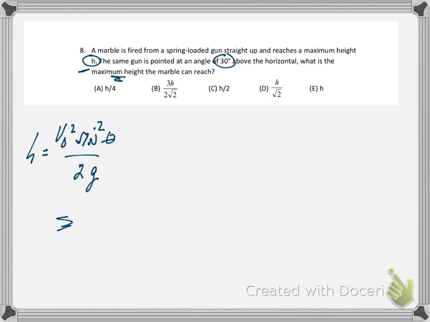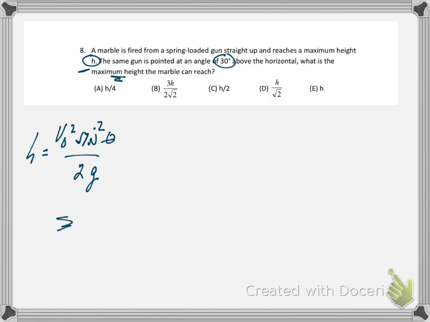So you might want to view that, and that video will give you the derivations for the maximum height, the total time that the projectile is in travel, and the time to get to the peak or the apex. It also will give you the derivation for the maximum range of the projectile motion. And lastly, it'll give you this equation that we're working with here, the equation that will determine the maximum height